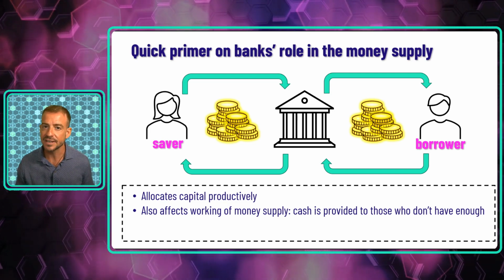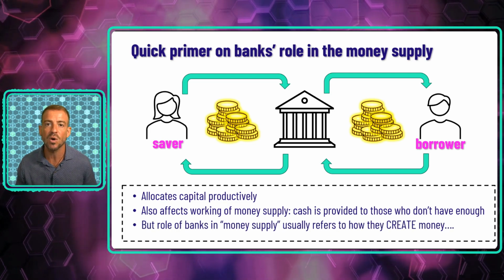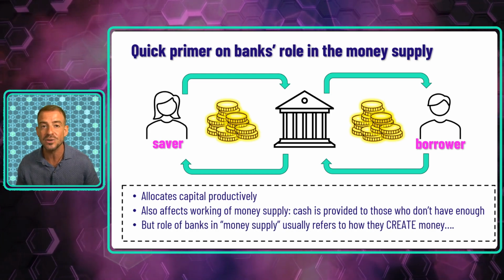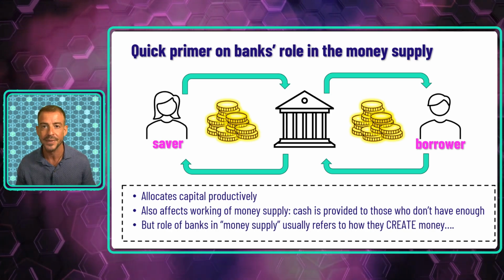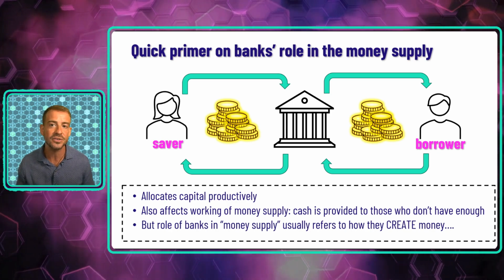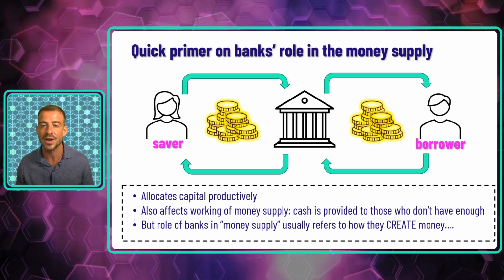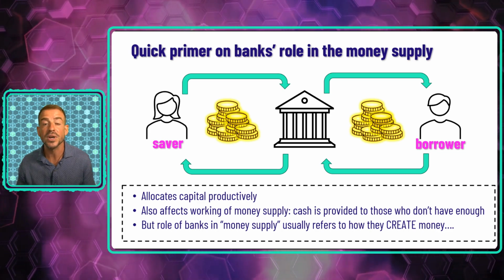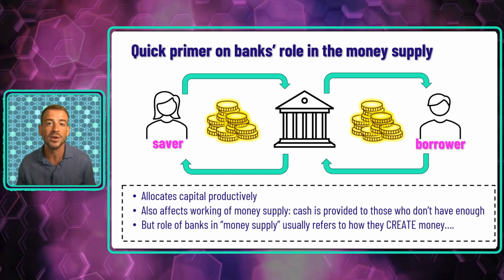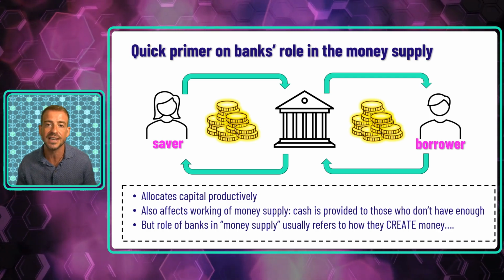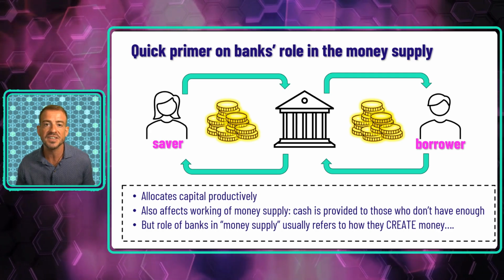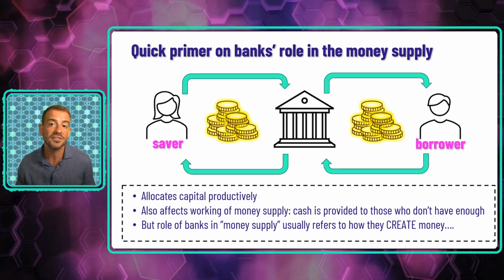However, when we discuss the role of banks in the money supply, we are almost always referring to them creating money in a stronger sense because they do actually create it outright. How this happens is also tied to the mechanics of their lending business. So let's take a closer look at that. Now, this pure intermediary model of banking where there's a one-to-one relationship between savings and lendings is really rather old-fashioned, more of a relic from times in the past when the physical transfer of money was necessary for economic transactions